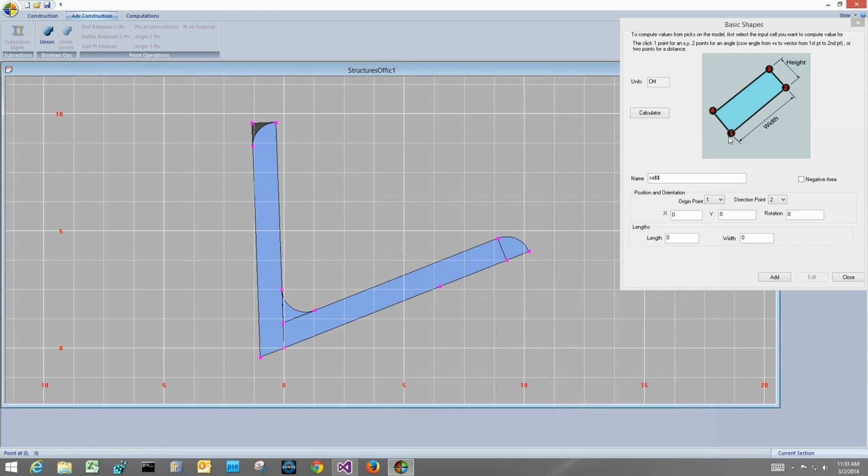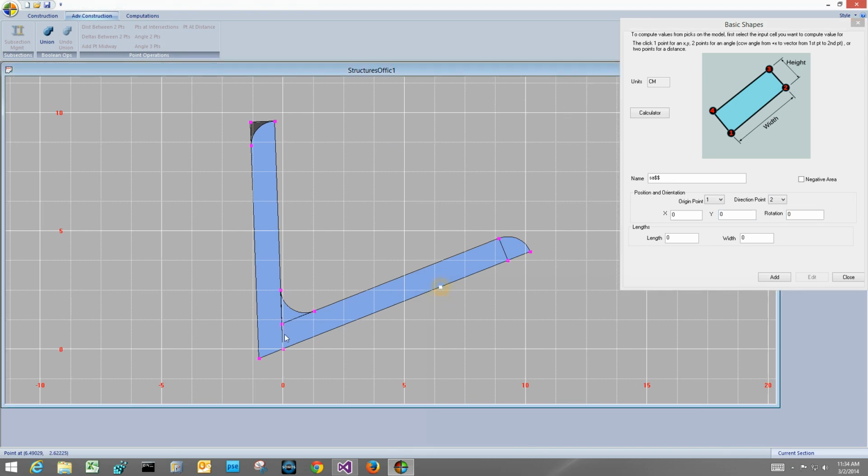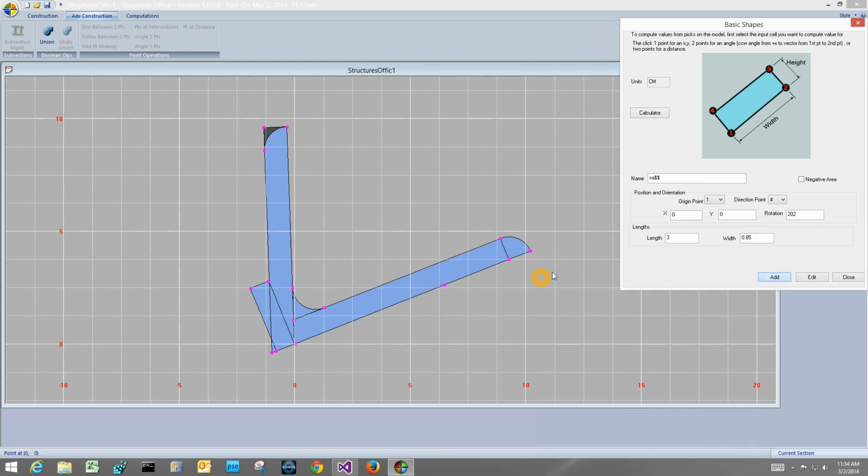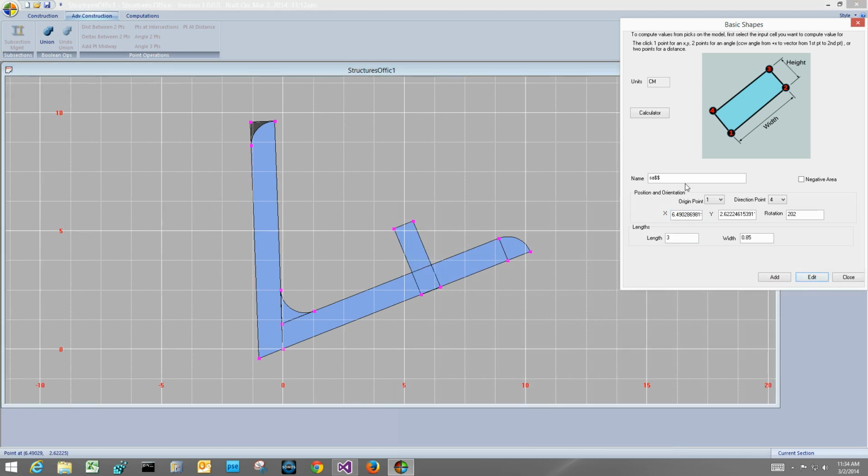Now let's change the sign and let's change the rotation to this way. Make that 1, 4, and let's make the length 3, and say 0.85, and then let's add it. Whoops. I want to position it here and change the sign to a negative. Okay, so now you'll see that